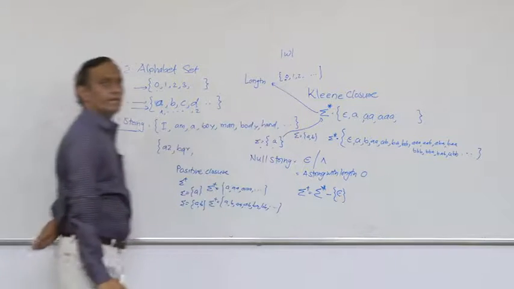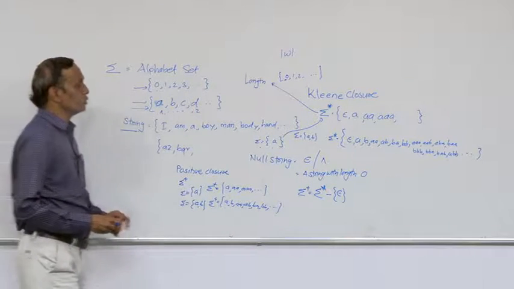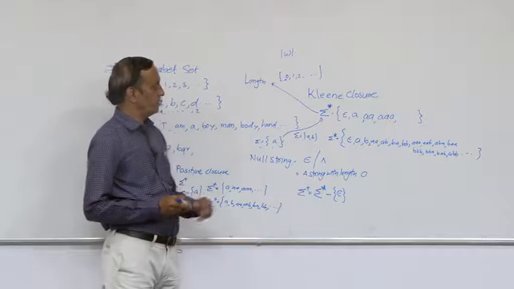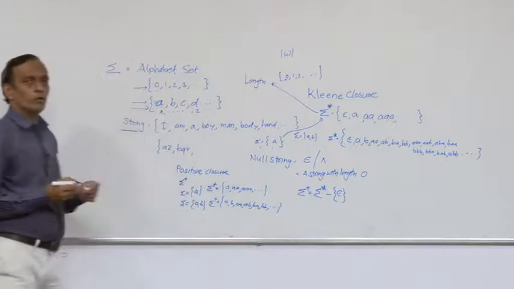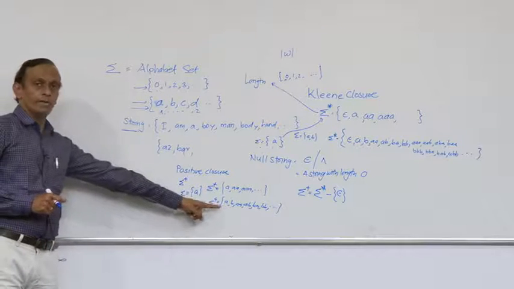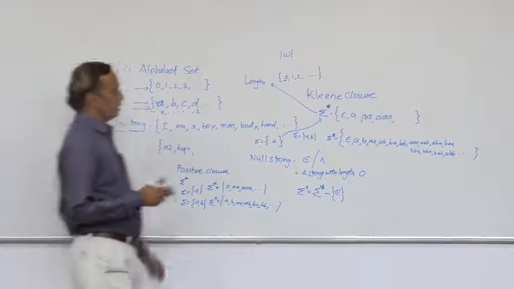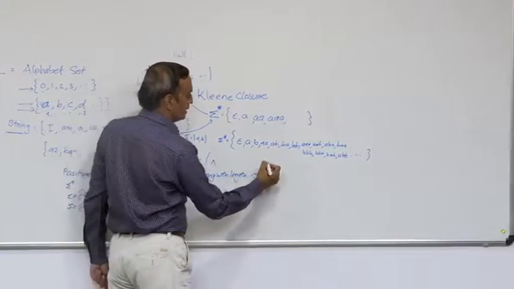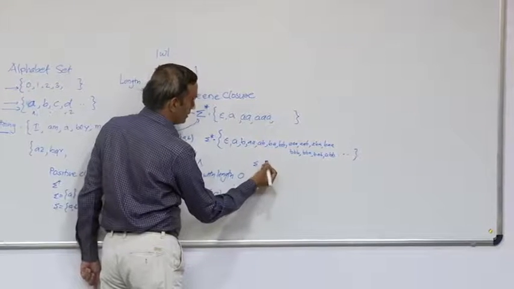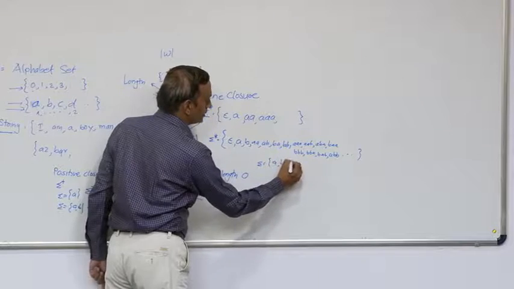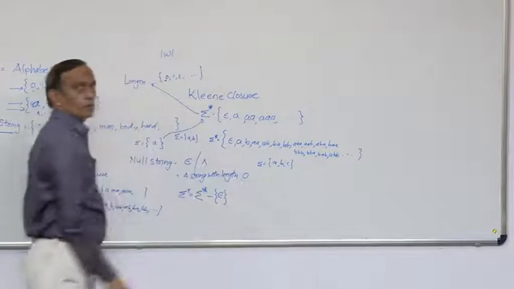So this would be an important notation which we are going to make use of in this whole course, this Kleene closure operation. Okay, in the next session we will talk about a few more things related to what this set of strings can be represented as. Now let us try to find the answer for this. How many possible strings would be generated if I consider sigma to be A, B and C? So can you give me what possible strings would be generated?